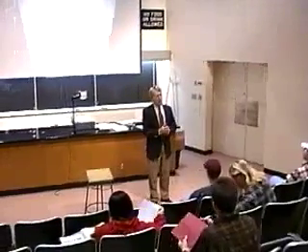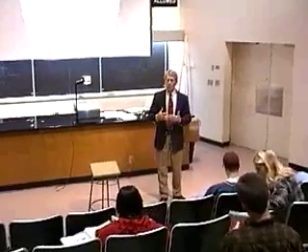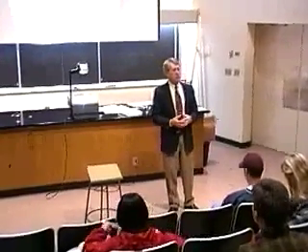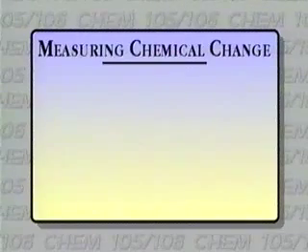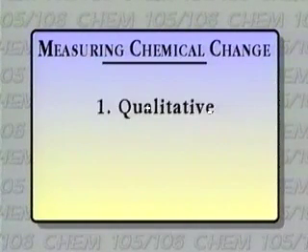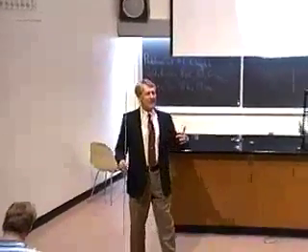Yesterday, when we left off, we were talking about change, and of course, one of the ways that we determine that change, whether it be physical or chemical change, is occurring, is to make some observations or measurements. And so we have two ways of measuring change. One which we refer to as qualitative. And of course, qualitative is something that we talked about yesterday as we looked at some of the chemical reactions, and the way we determined that in fact they occurred was qualitative